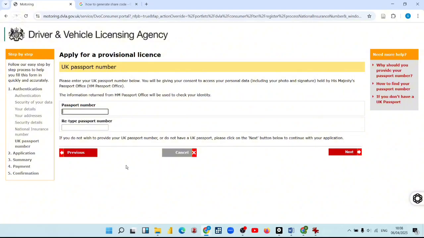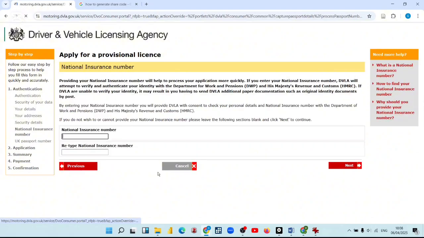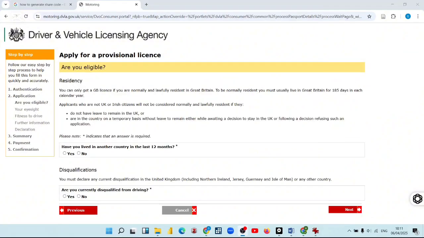But there's one thing that I also forgot to mention. If you don't have a national insurance number, you can click on next, but what it means is that they would require additional documentation, and that would mean that you will have to apply by post. So after you've gone through with your declaration that you don't have any national insurance number,